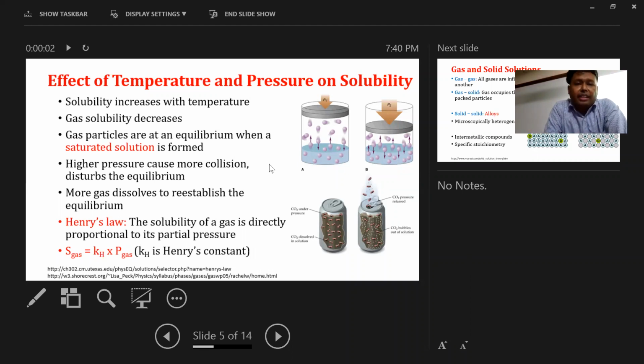Gas particles are at an equilibrium when a saturated solution is formed. Okay, that is a very interesting thing. So, the gas particles are at an equilibrium when a saturated solution is formed. That means if you have a solution, that means a saturated solution. What does it mean? That means homogeneous. Homogeneous, saturated, everywhere the compositions are the same. In that case, if you have some saturated solution with some salt and other things,